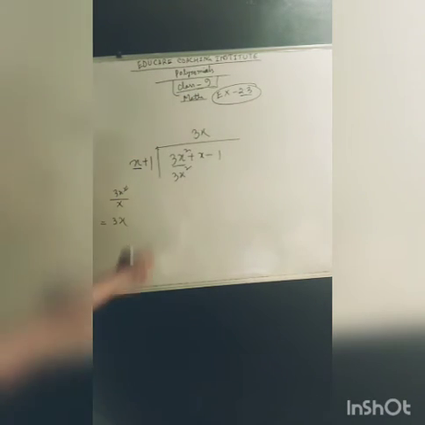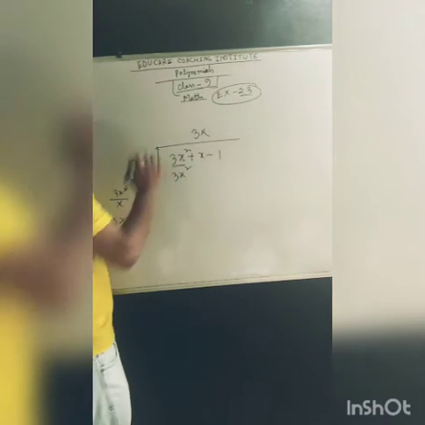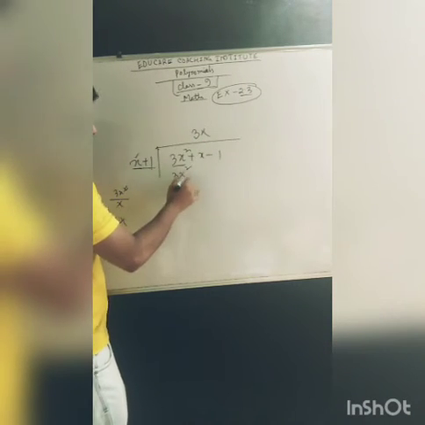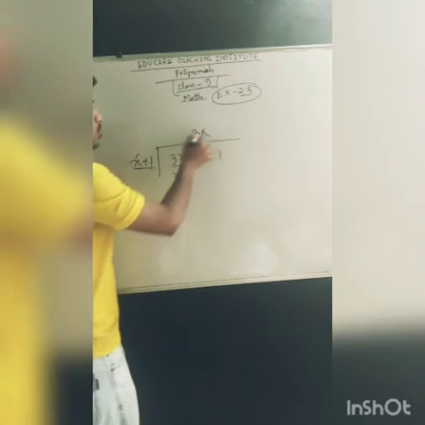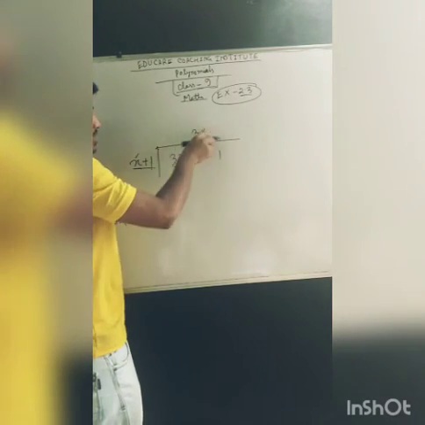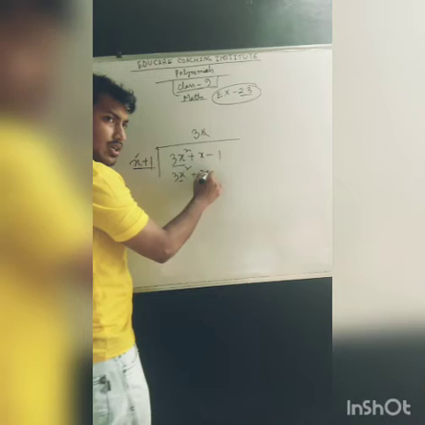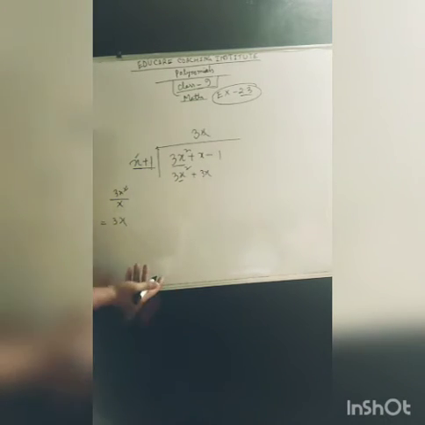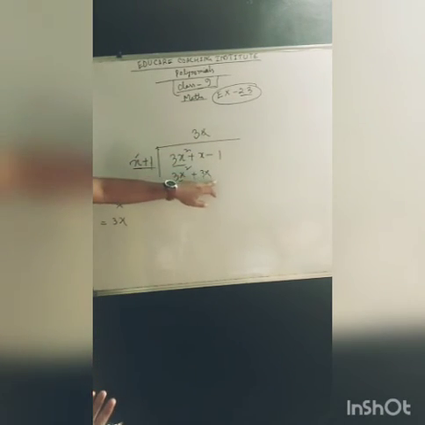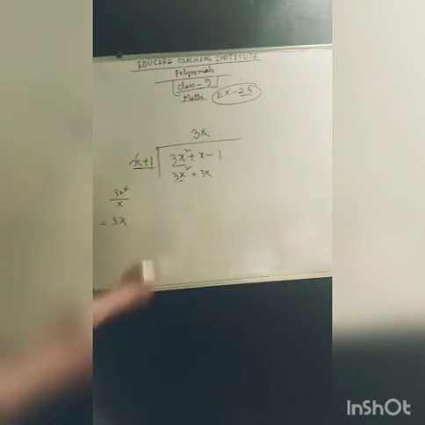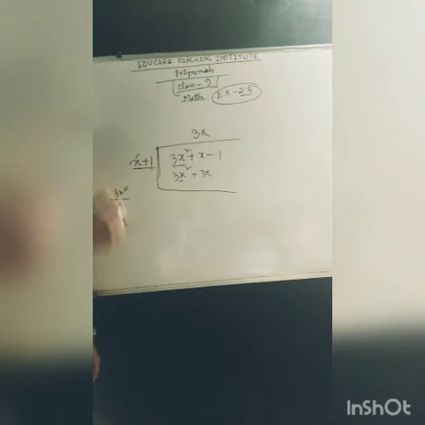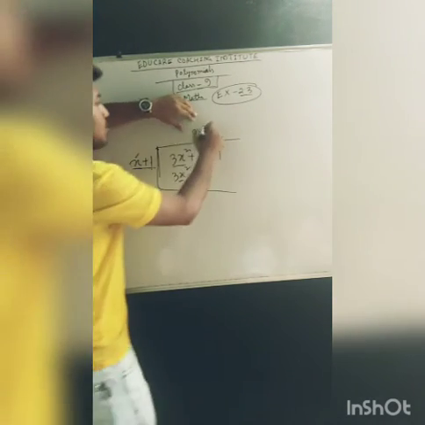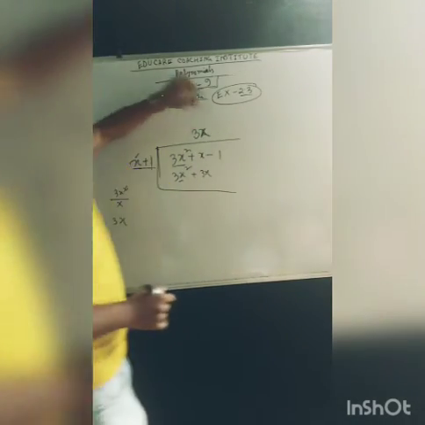Okay? Now see, here it is 2 and here it is 1. So x into 3x is 3x square, it has matched. Now 1 into 3x means 3x only. Any number into 1 is that number only. So plus, plus, so plus here. Now see, that is the first rule. By the first rule we have got the value of the quotient.